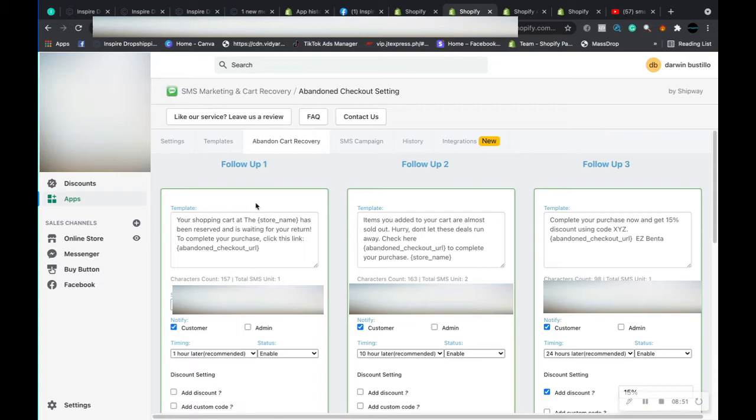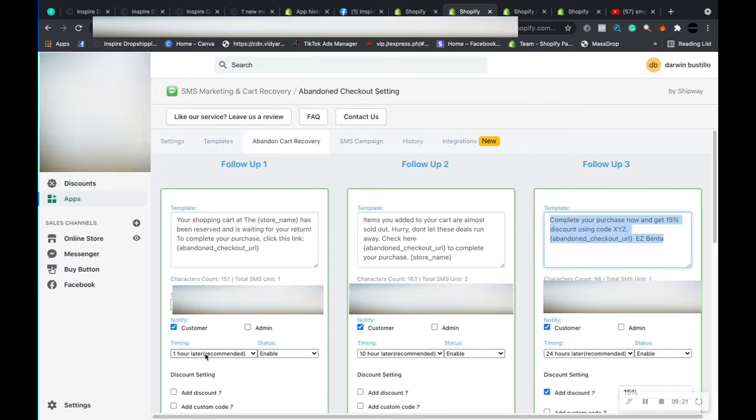And here is where you're going to be able to see that you can set up 3 messages, okay? Or up to 3 messages. And you can determine if you only want to send 1, if you want to send 2, or if you want to send 3. I maximize all 3 messages. And here is pretty much the custom. I don't really change much of this, to be frank with you, unless it's the last one. But here you'll be able to see the type of messages that they get